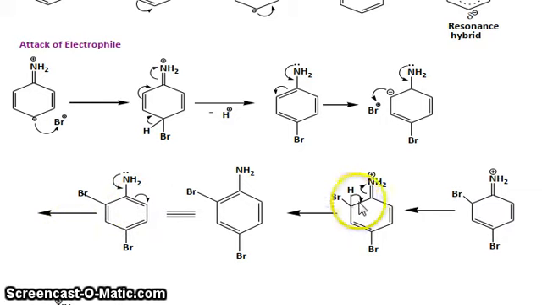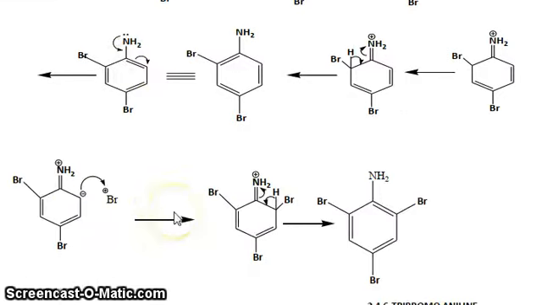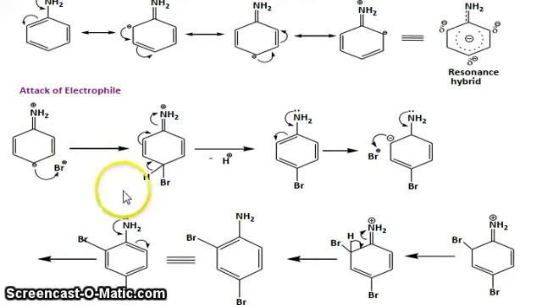the breaking of these hydrogens, and then aniline again approaching the double bonds and the shifting of this double bond here. You can see in the third bromination Br plus is coming here, and then you can see how three bromines are coming, first para and then both ortho positions. So this is the attack of the electrophile on the aniline ring.